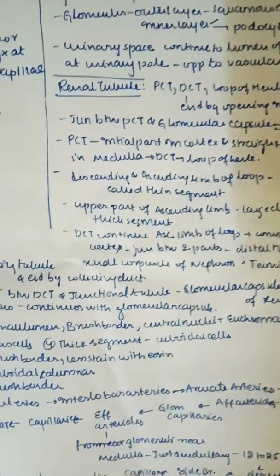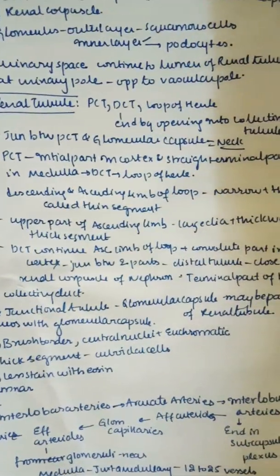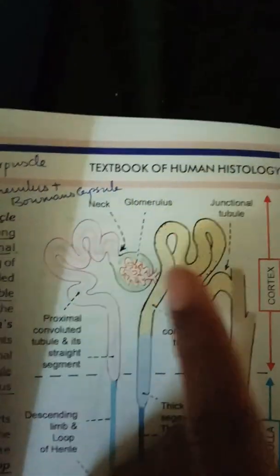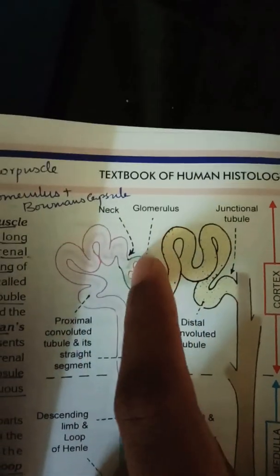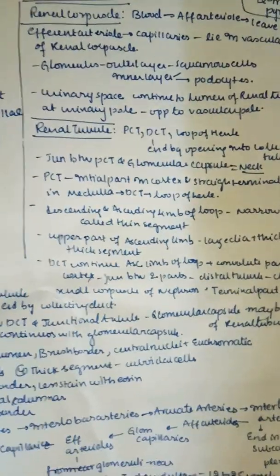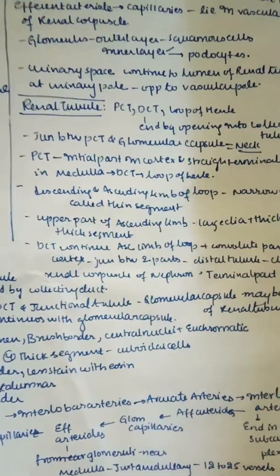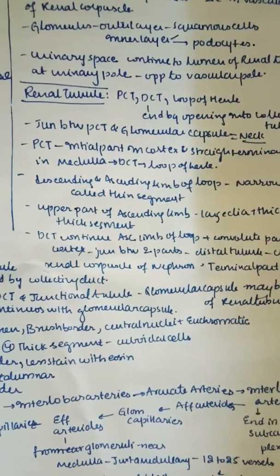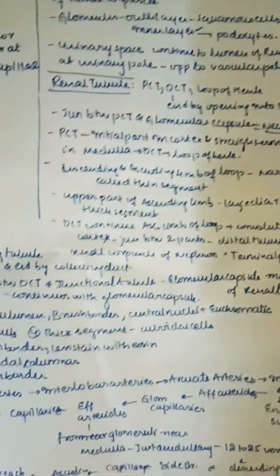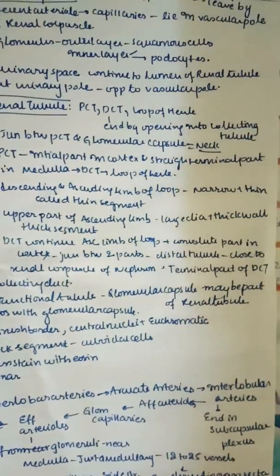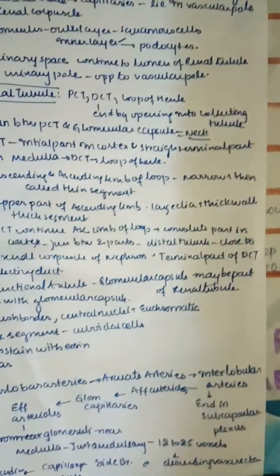We have seen that the junction between the PCT and the glomerular capsule is called the neck. In this diagram you can see the neck, between the glomerulus and the PCT. The PCT has an initial part in the cortex and a straight terminal part in the medulla. Next the loop of Henle continues. The descending and ascending limbs of the loop of Henle are narrow and thin,